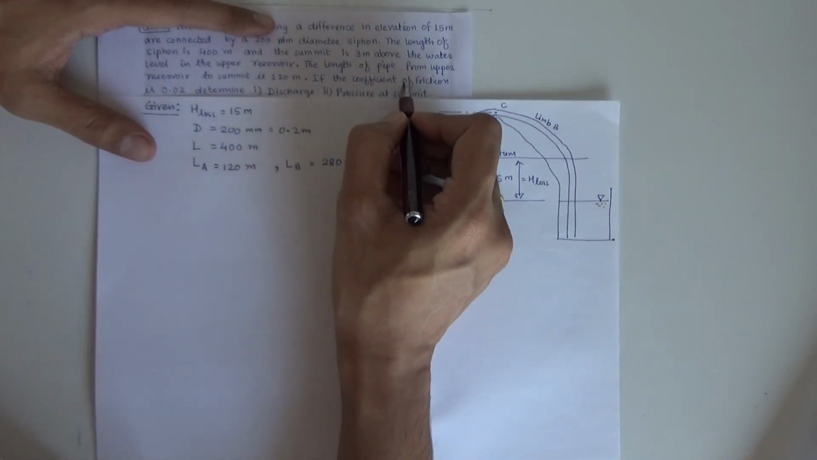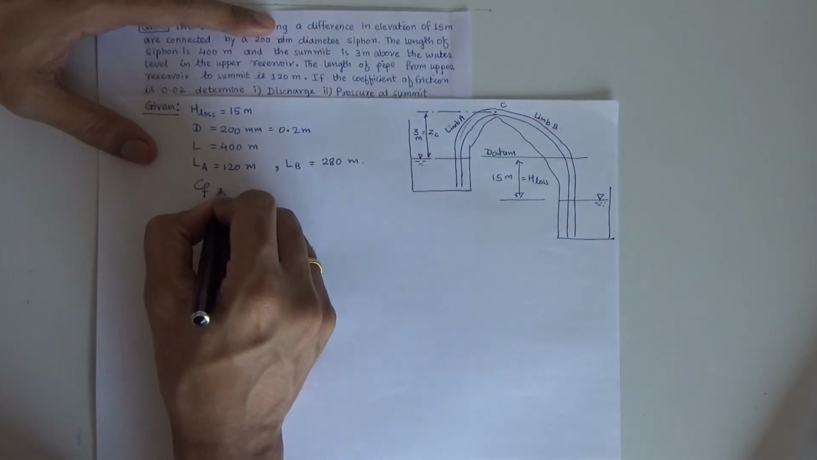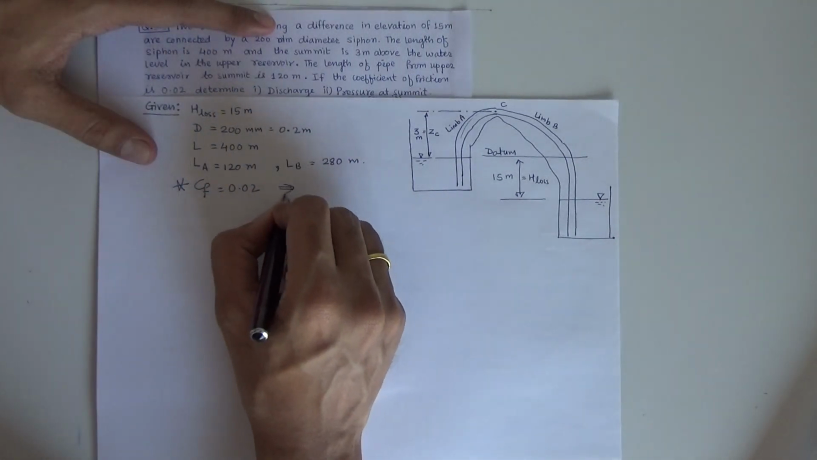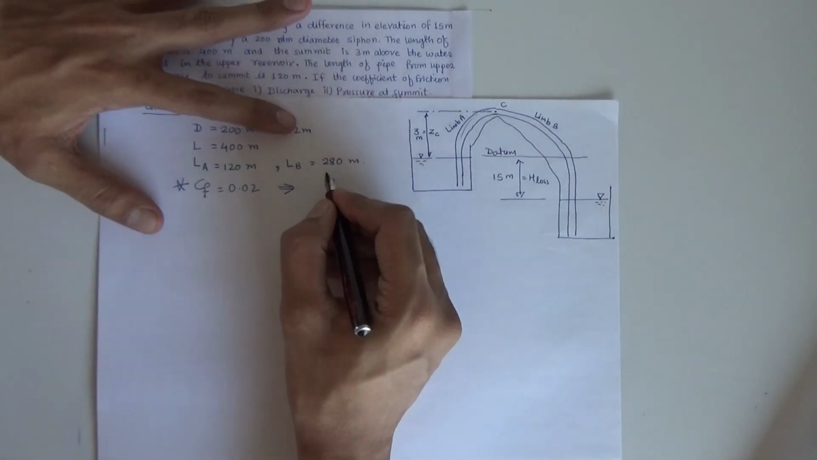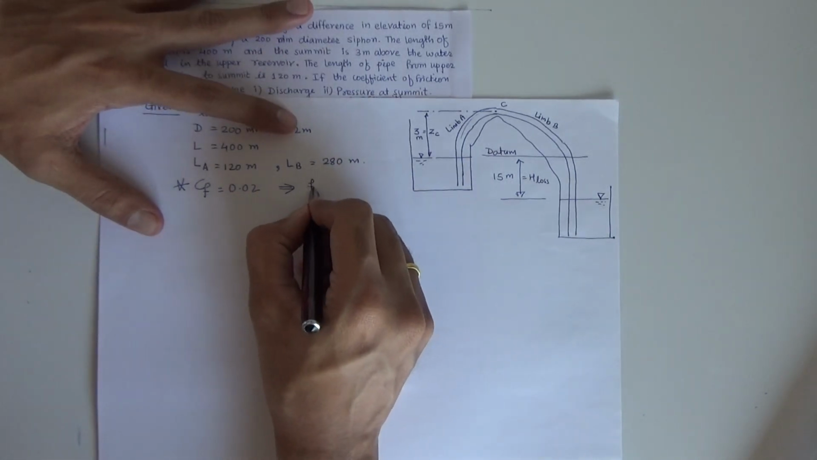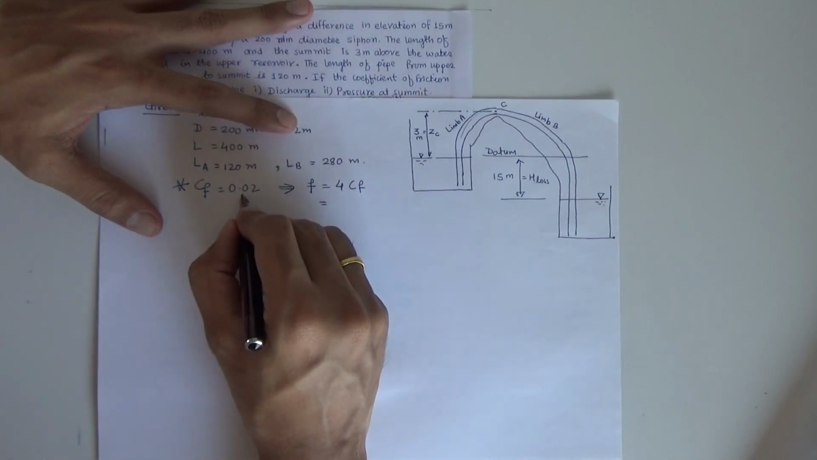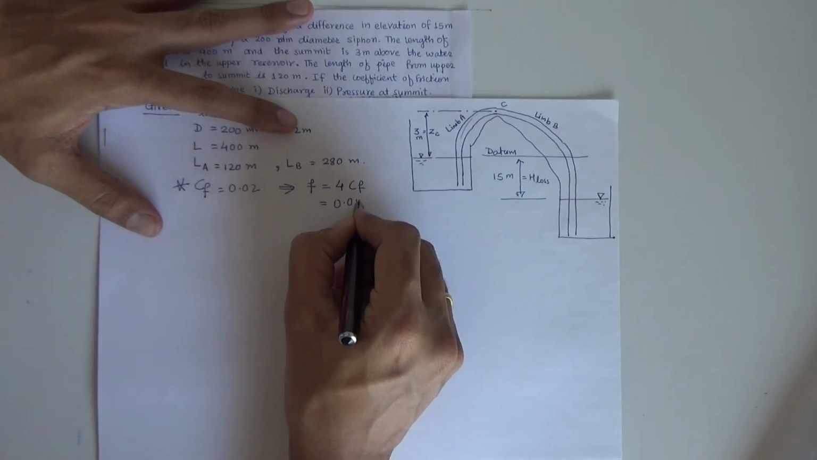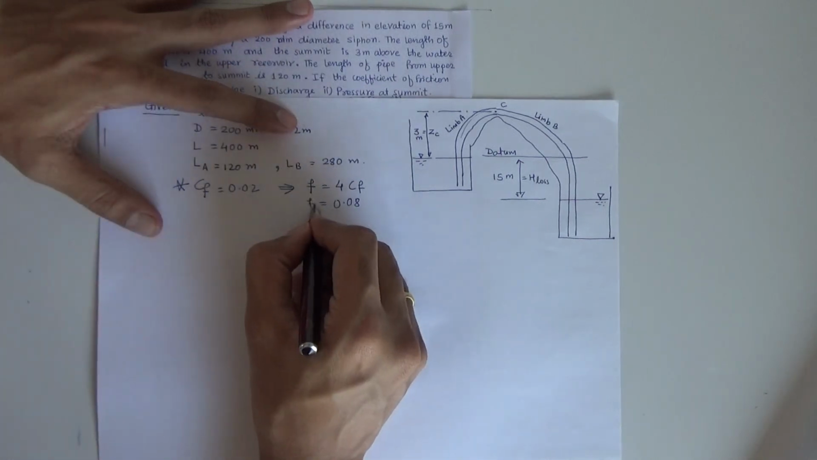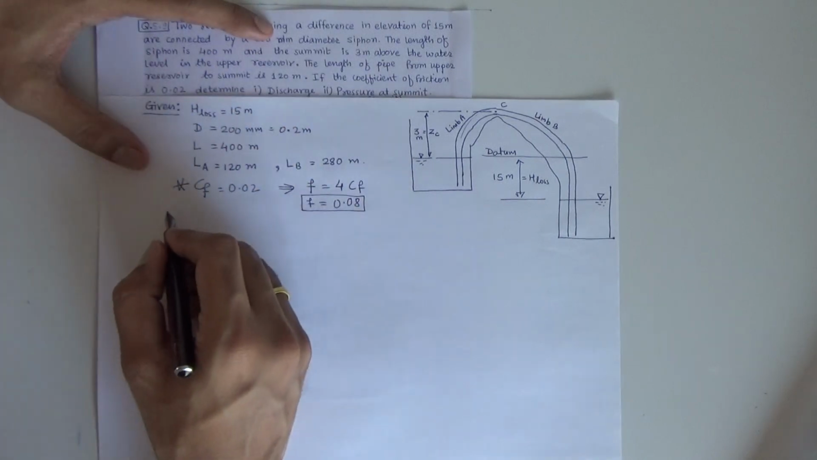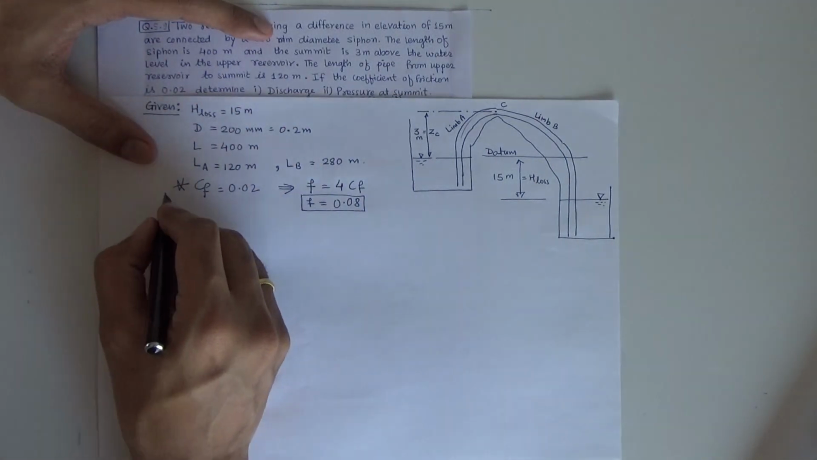Then the coefficient of friction, now very important, CF is given as 0.02. We always use our Darcy-Weisbach equation in terms of the Darcy-Weisbach friction factor, and that is f equal to 4 into CF. So if I multiply this by 4, it will be 0.08. So small f, the Darcy-Weisbach friction factor, is 0.08. And they are asking us to find out the discharge,